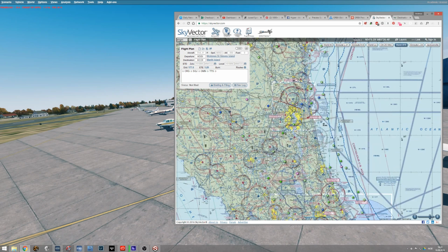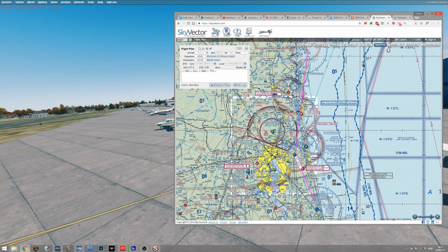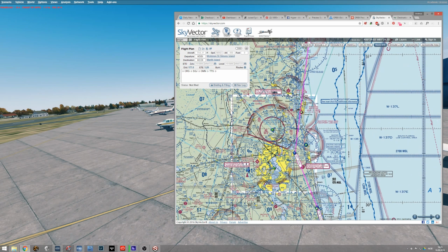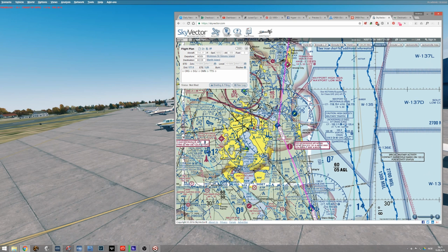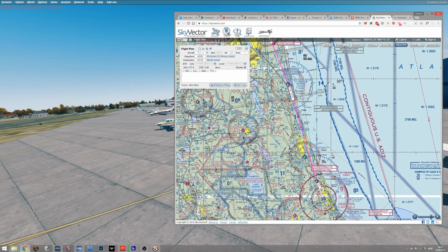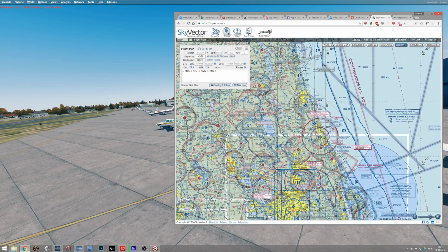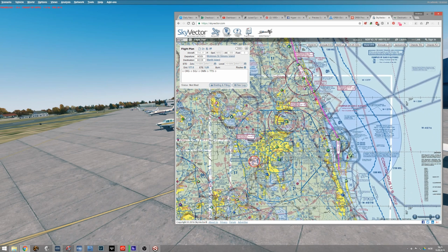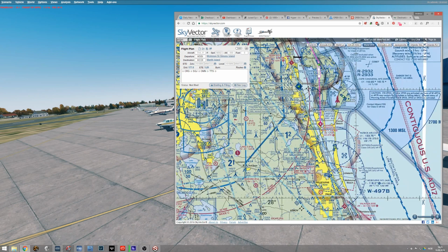Fairly long, and like we said, no weather this time, no massive weather anyway, and no airspace either. I think we'll just miss the airspace outside of Jacksonville, and we'll just miss the MOA outside of Jacksonville if we fly in here like I planned. We'll fly over. There's some airspace to navigate once we get down to Daytona Beach. Part of me wanted to maybe get the Yor Island scenery for Daytona Beach, but I've been buying a lot of scenery lately, so I'm not going to. And then we'll circumnavigate Orlando and make our way down to Merritt Island